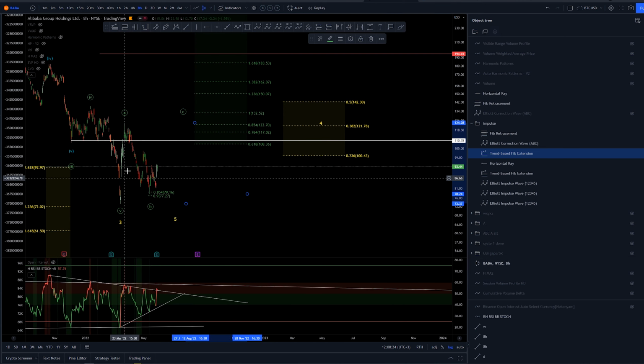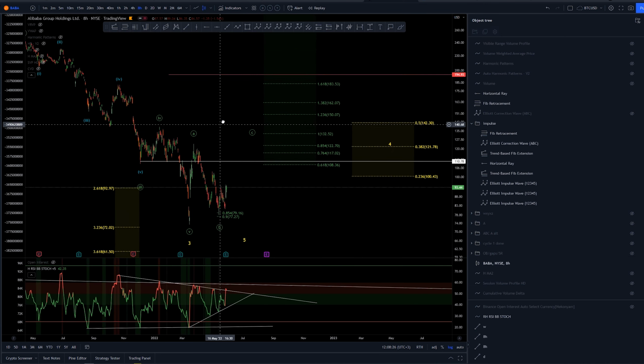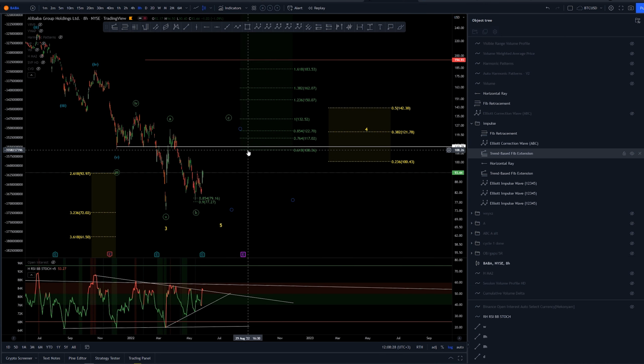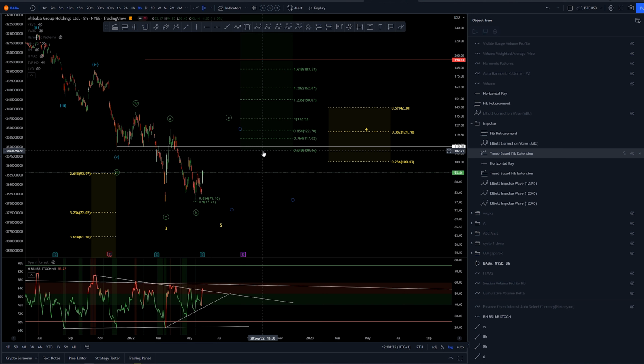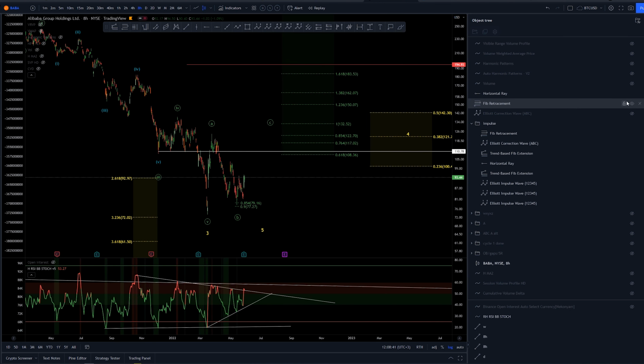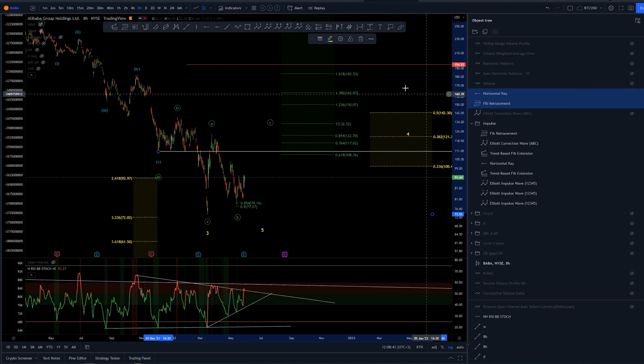If we are thinking of this as an ABC structure, we would need to get above the $108 area for the minimum target of 0.618 here. If that is not going to hold, then we look at this as more of a bearish scenario. Now instead, again, let me,